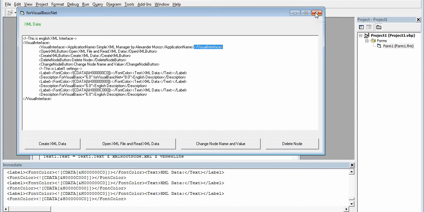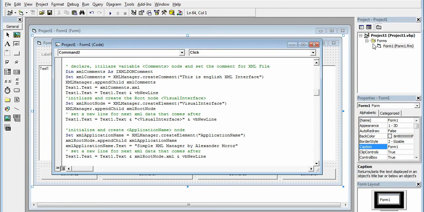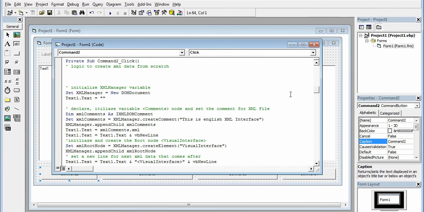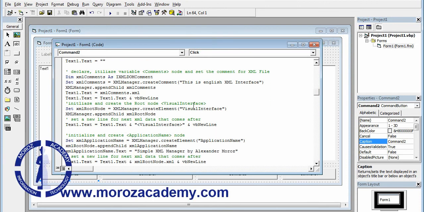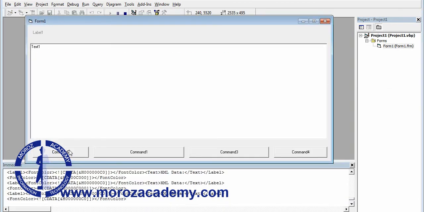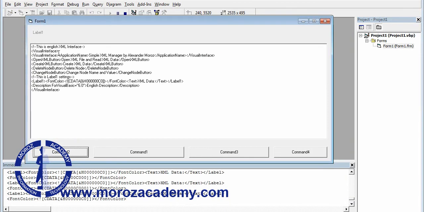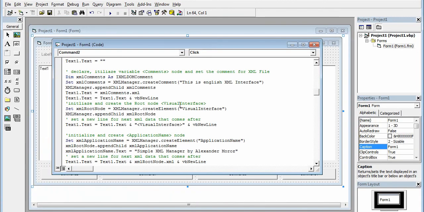It's a very quick fix. When we're creating our XML from scratch over here, we need to make sure that, let me run it. See, it's doubled, the visual interface node two times. So we need to make sure that here, when we're specifying the application name,